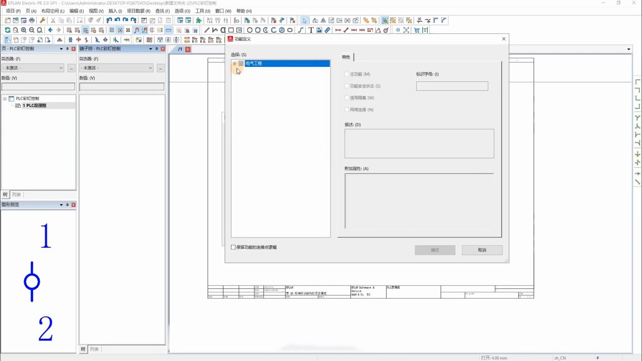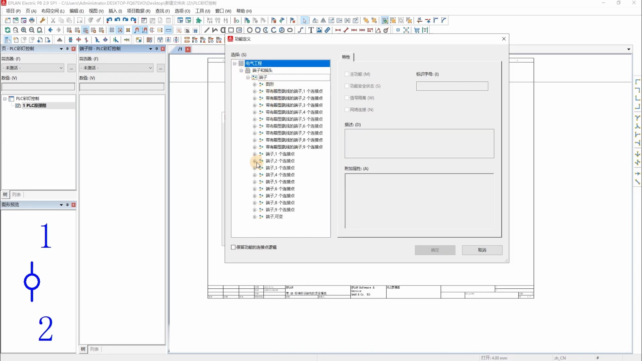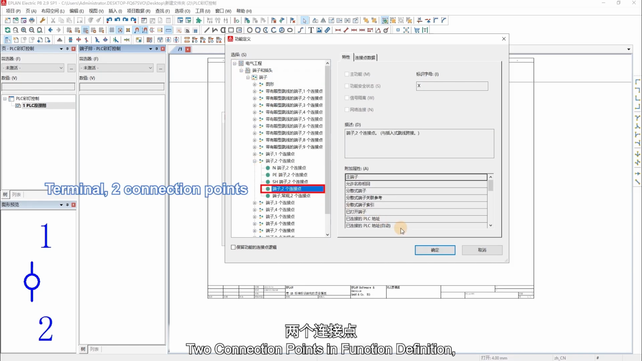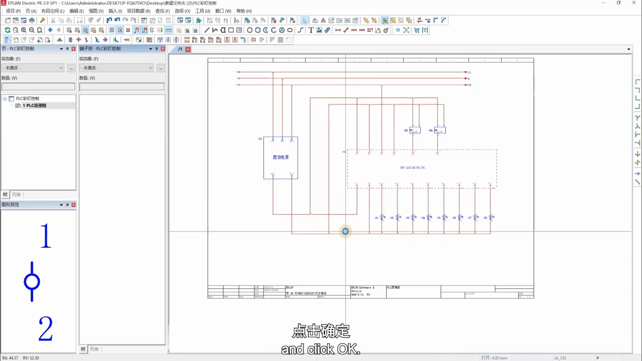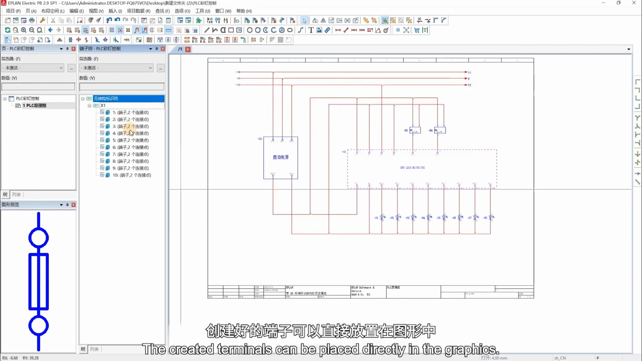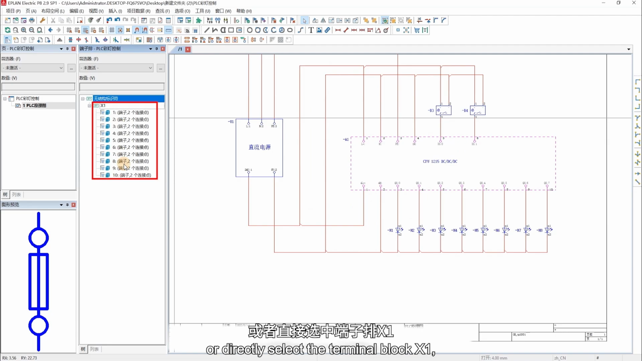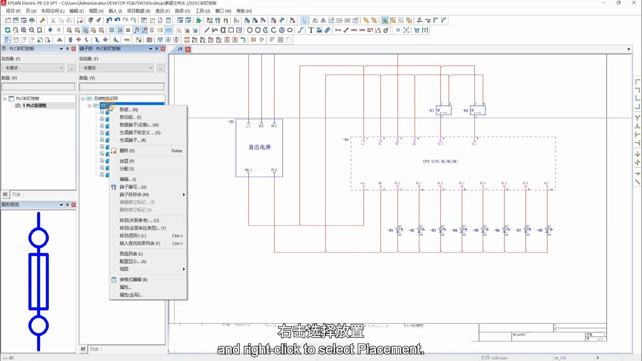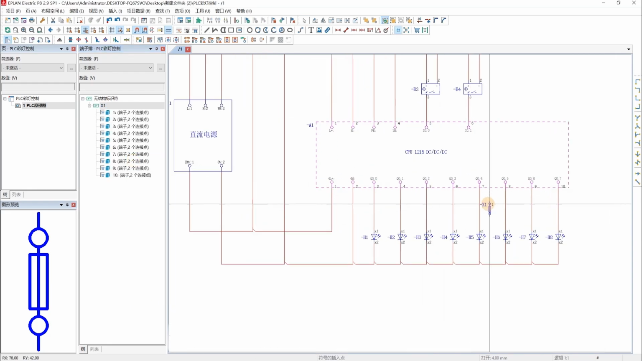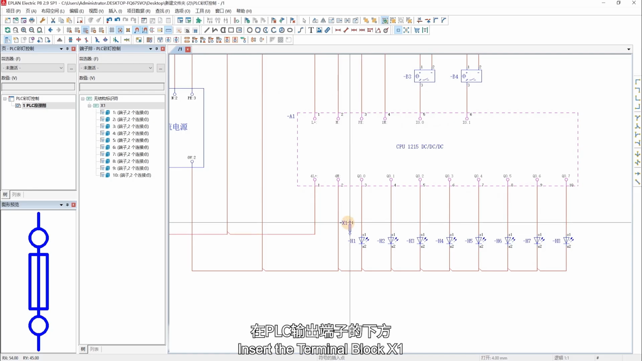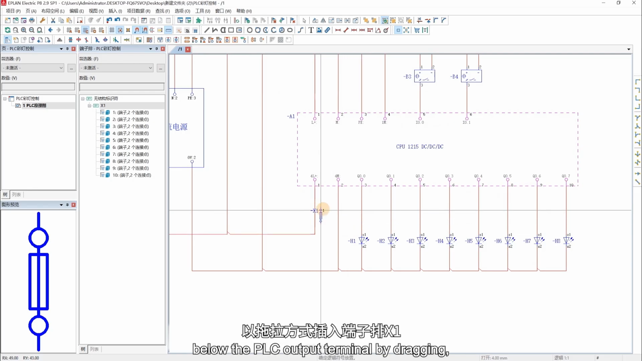Select Terminal, two connection points in function definition and click OK. The created terminals can be placed directly in the graphics. The method is to select all terminals or directly select the terminal block X1 and right-click to select placement. Insert the terminal block X1 below the PLC output terminal by dragging,